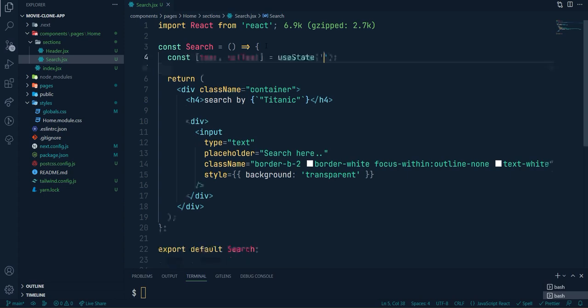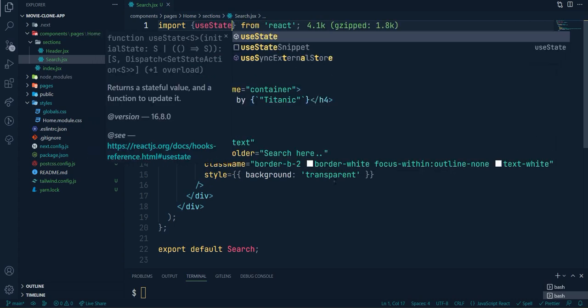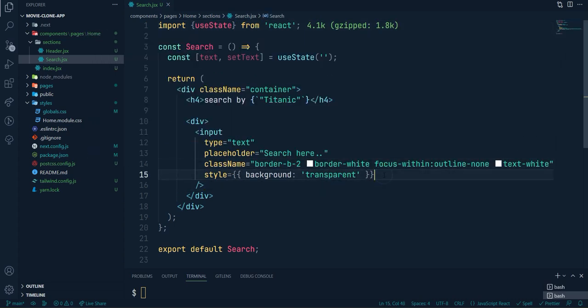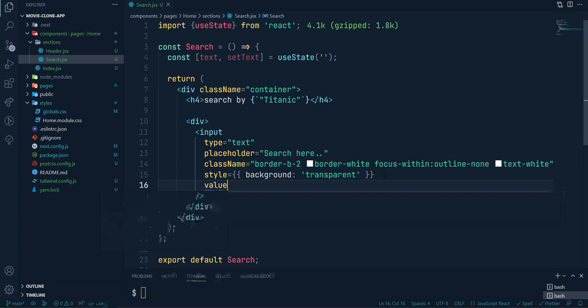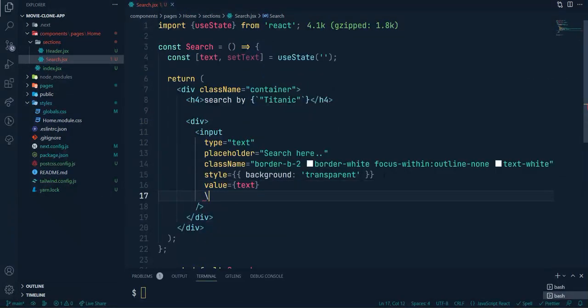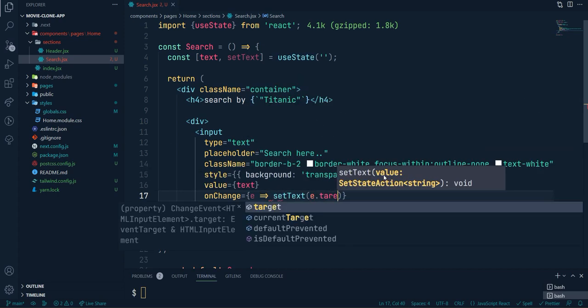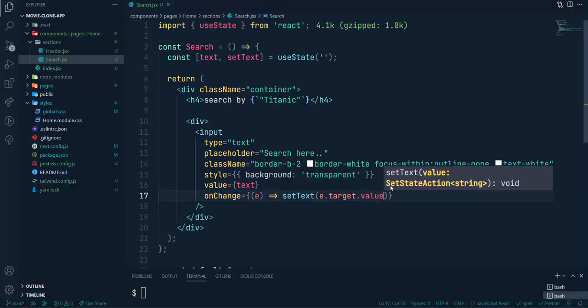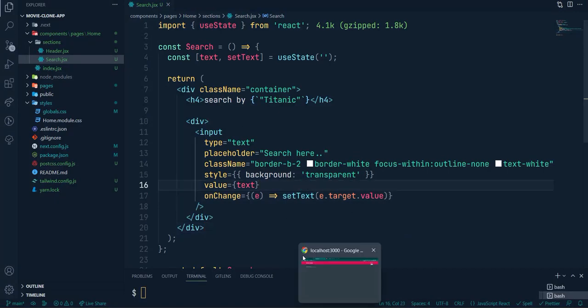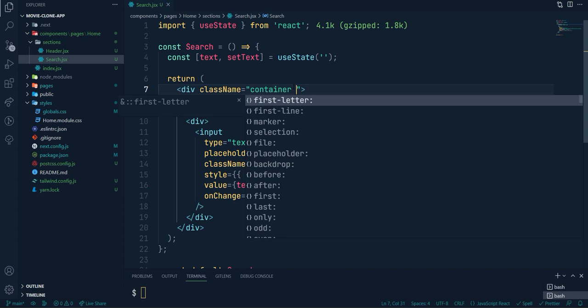State that should be empty, and it should come from the React useState, otherwise it will give an error. So value would be text, onChange, setText(target.value). Okay, perfect. This is how the normal input works. So basically this would be unflagged. So do that,